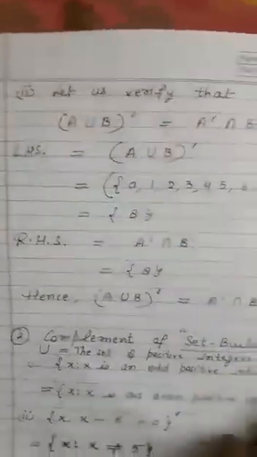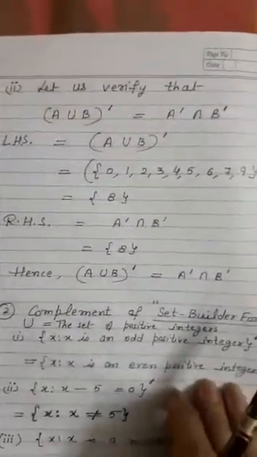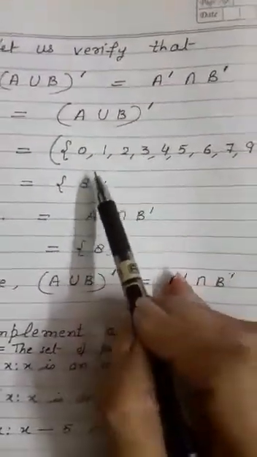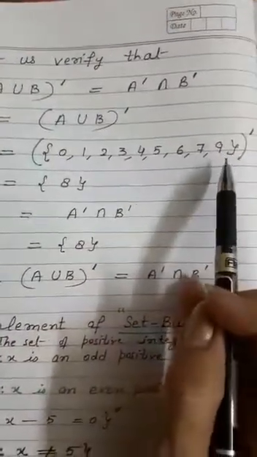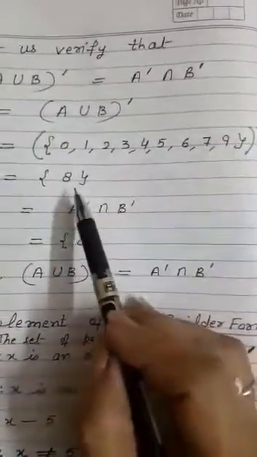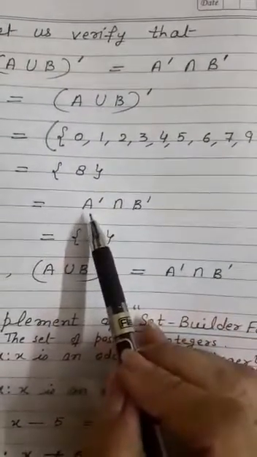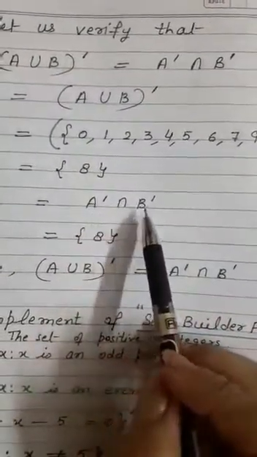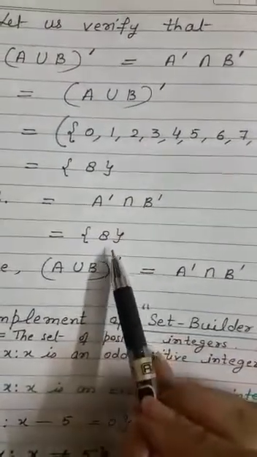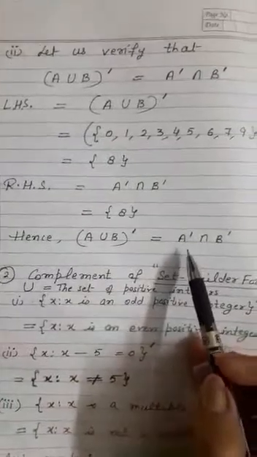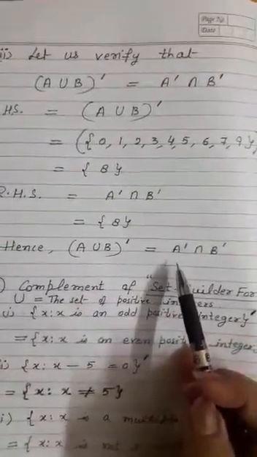Let's see here. The second is (A union B) complement equal to A complement intersection B complement. First we have to find A union B. You know how to combine all elements of A and B, and then their complement. Complement means remaining elements from the universal set, that is 8. And here, what we have taken, A complement intersection B complement, there is only 8 common, and you can see as they are equal, LHS equal to RHS. This proves De Morgan's law by this example.